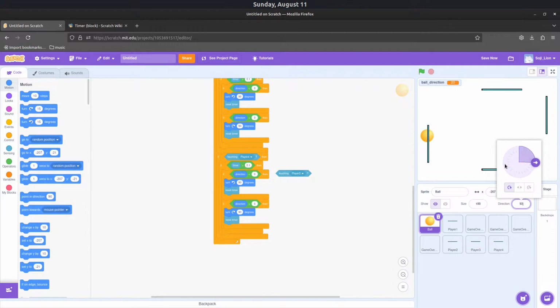With left and right platforms, what we want to do is see if it's less than, so it's going to be minus 90. So it's either less than 0 and greater than minus 90, or